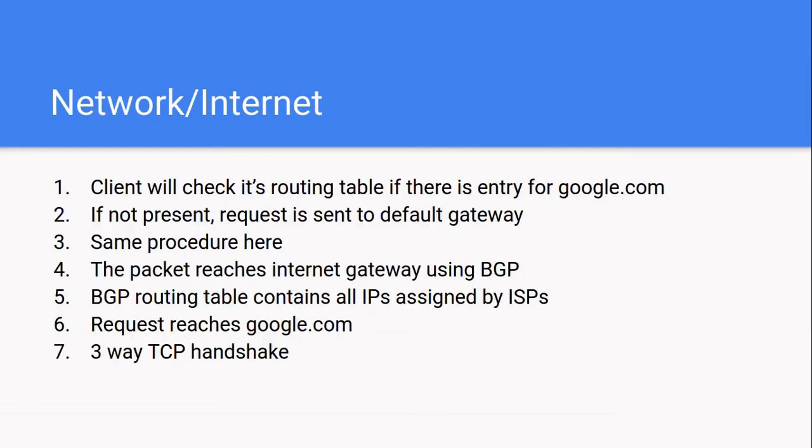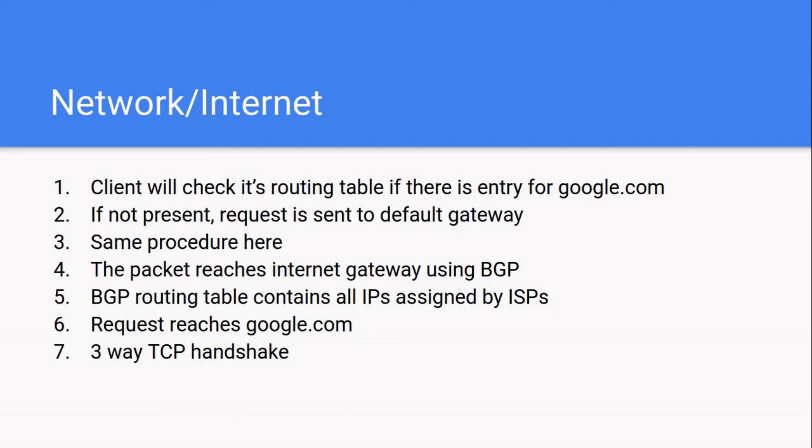Next, coming to the network or internet part, now we have got the IP, and we have covered the DNS part. Using DNS resolution we have got the IPs. Now let's move ahead to the network part. The client will try to find if there's a route, let's assume a static route, in its routing table. If google.com's IP address is 11.11.11.11, let's assume, it will try to find if there is any static route already present in its routing table. If not, it will send to a default gateway.